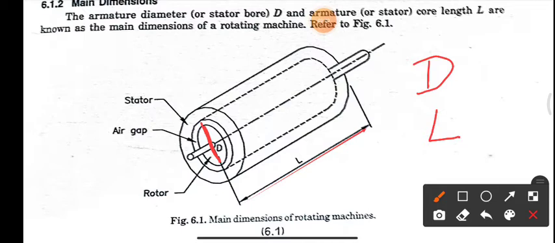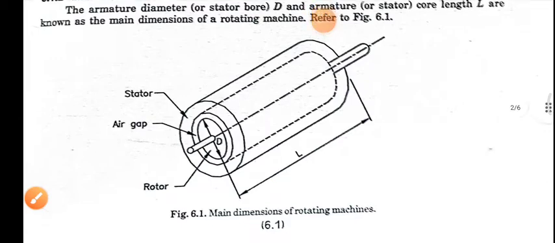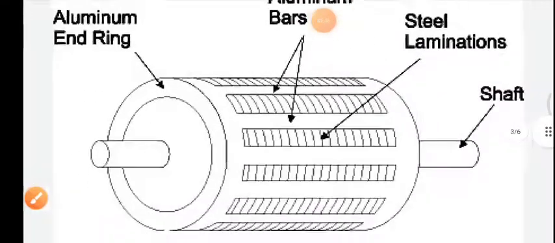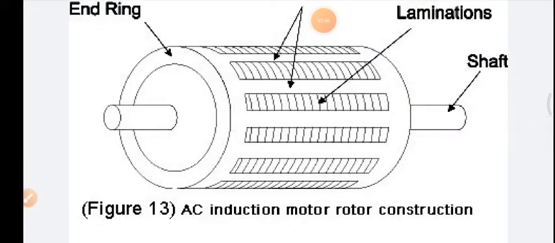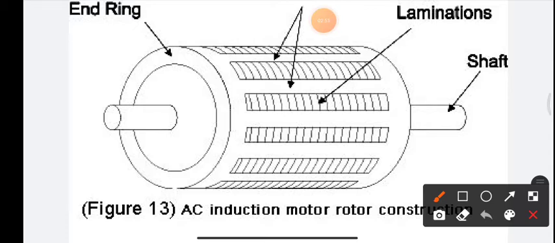These two are the main dimensions of an AC machine. Now in another figure, if you want to have a look at the diameter as well as the length, the diameter will be from here to here, the diameter of the armature, and from the center, from here to here, it will be the length. So now you can easily visualize what D is as well as what L is.